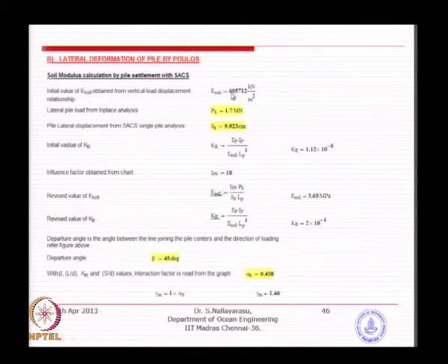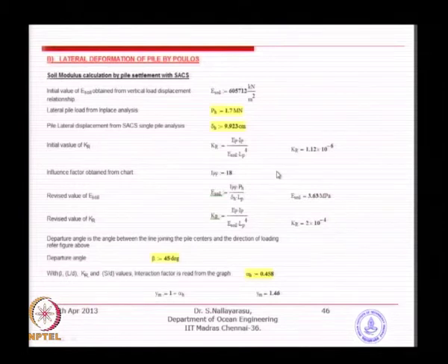To establish this, you apply a unit load and keep increasing the load versus displacement and try to get the slope of the graph, which gives you the modulus value. The total load applied on the pile is so much maximum load, and maximum displacement is this much. So, this gives you the total ultimate behavior, and the initial value of Kr can be calculated because you already have been given this number. So, you calculate the Kr, the influence factor read from the chart which we were seeing, and the revised value of soil based on the new value of IP, and then the revised value of Kr, and then again you can do a few iterations.